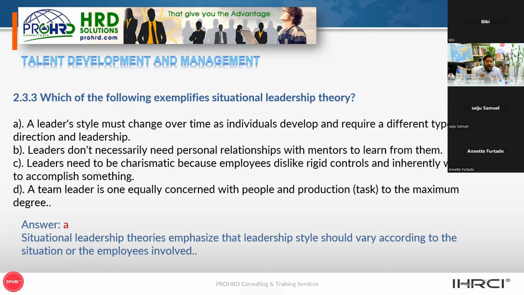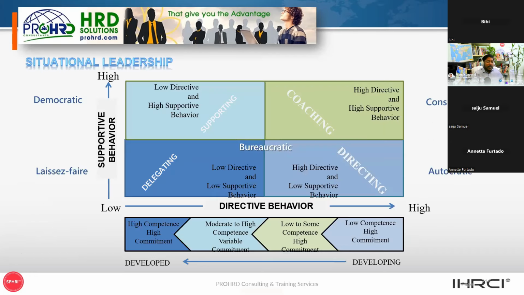So this theory recognizes that there is no one size fits all. There is no one-size-fits-all leadership style, and leaders need to be more flexible in their approach, based on the needs and the readiness of the team members. Let us take a deep dive into the